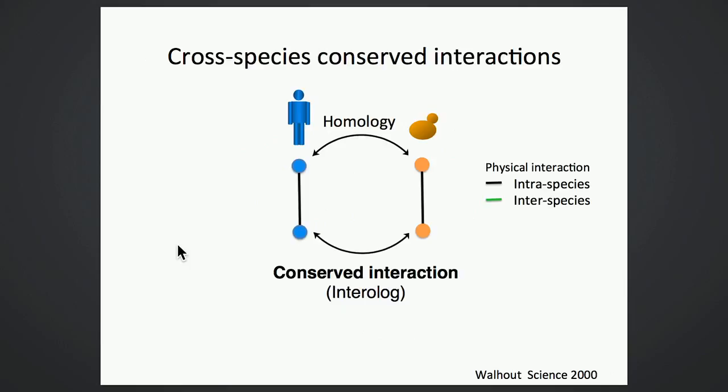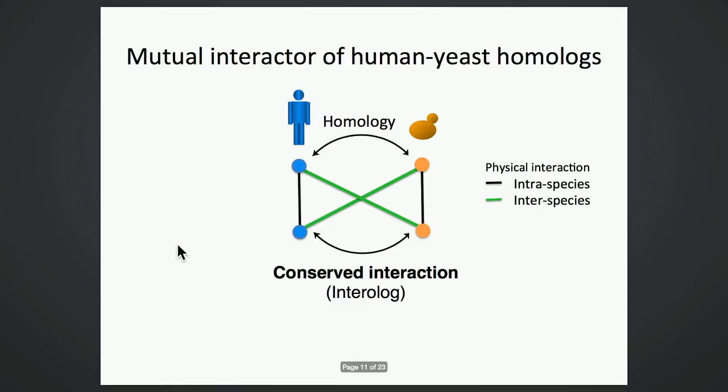And what we can expect before the experiments, obviously, where could we find interspecies interactions? There could be conserved protein-protein interactions between human and yeast. Shown here is a pair of yeast proteins, in orange, interacting, and their corresponding human homologs are also interacting if the binding interface is conserved. And then we can definitely expect to find interspecies interactions between a protein and the corresponding homolog of its interactors.